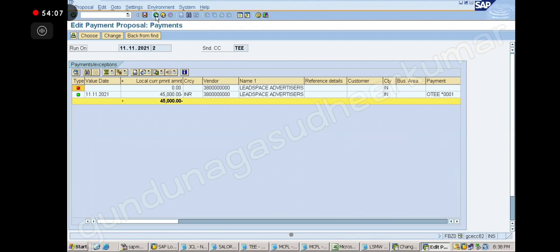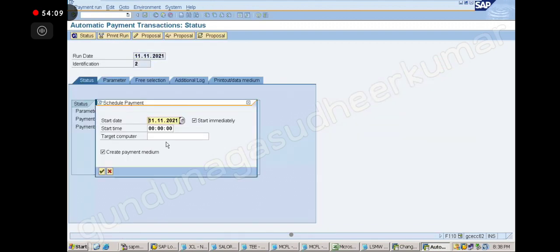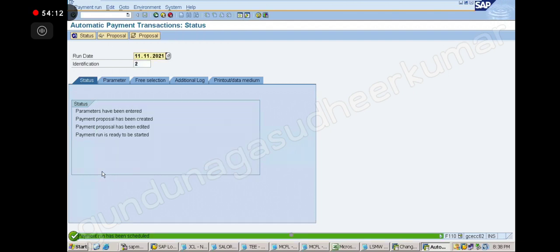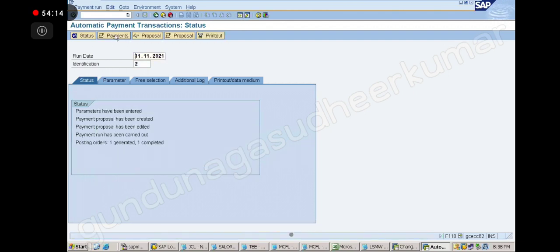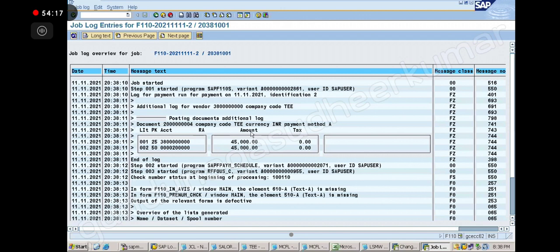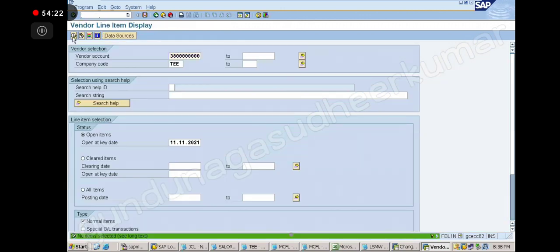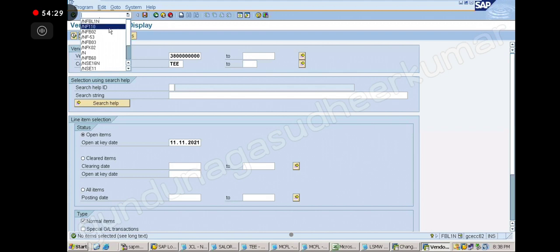Let's see. So the block I was able to remove manually. Complete. So in FBL1N, whatever block was there, I have successfully cleared it. Right, so there is one process where you can do it through APP. Individually you can select and change. Yeah, so manual process, you see, I have already cleared the blocked item also through manual. I went to that line item and then I cleared the block, right?